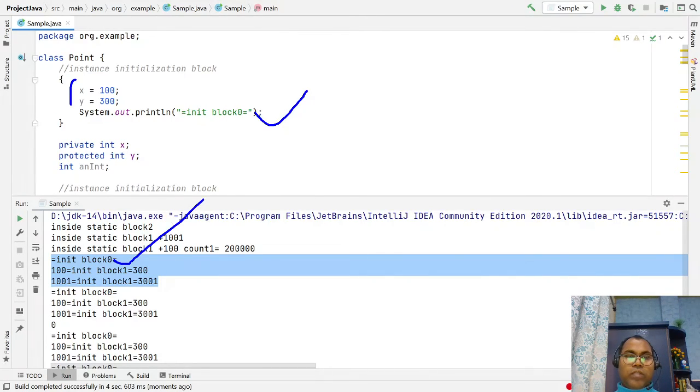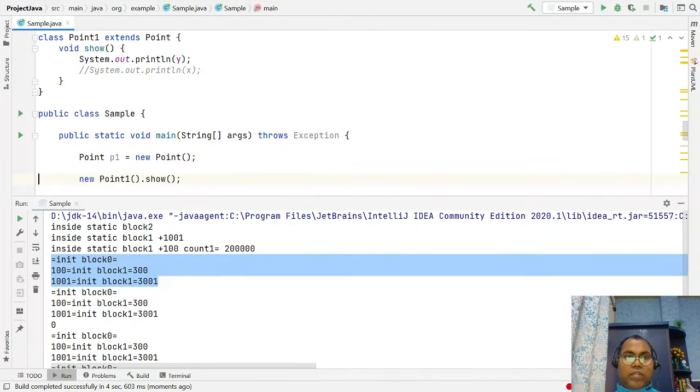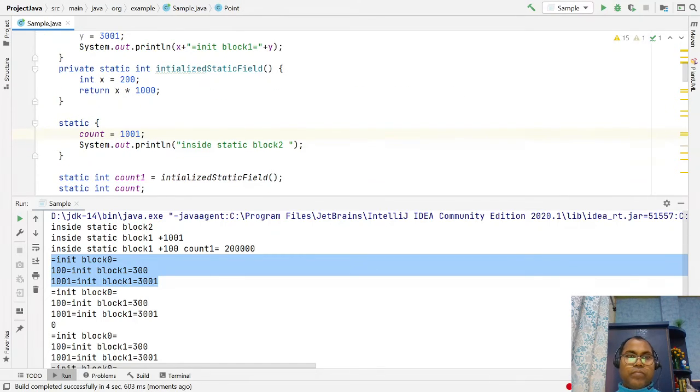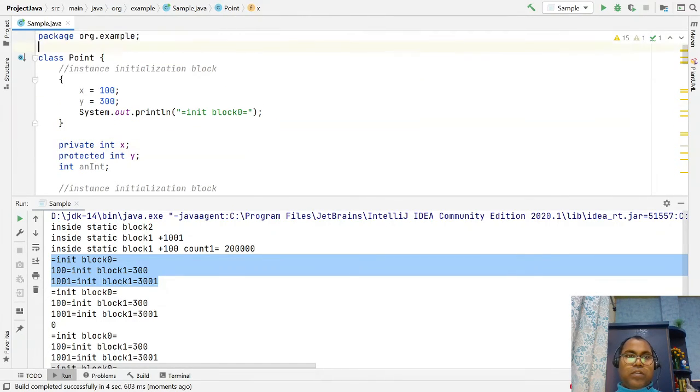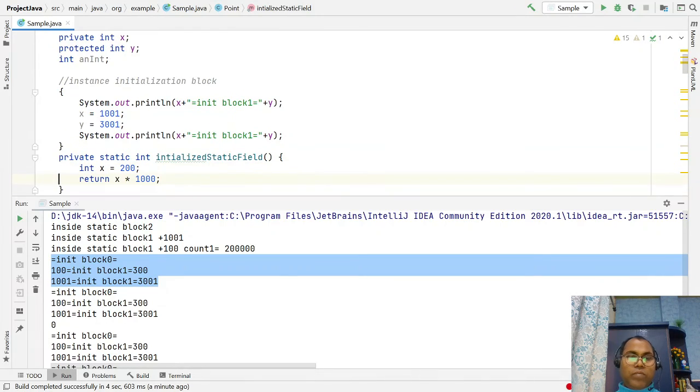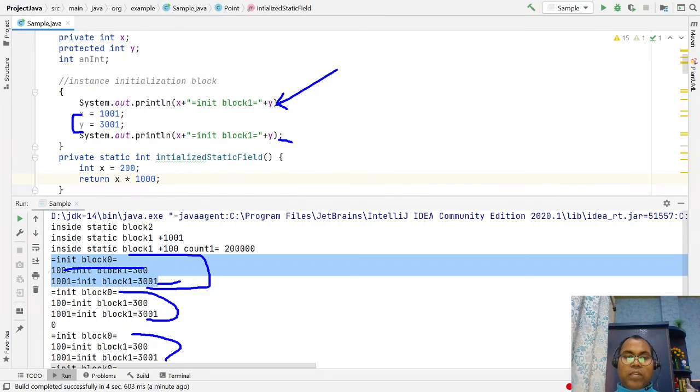This is your block 0 executed, and after that your next block. Before we print, the value is this initial 100 and 300. After that you again reinitialize this variable, so this is initialized again. This is for the one object you have created. Similarly you have created a new object, and this is also initialized. For 3 times you have created, these blocks are executed 3 times.